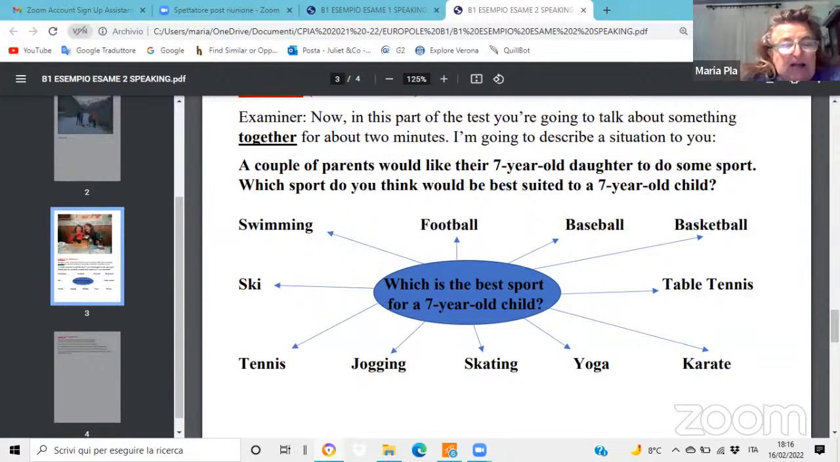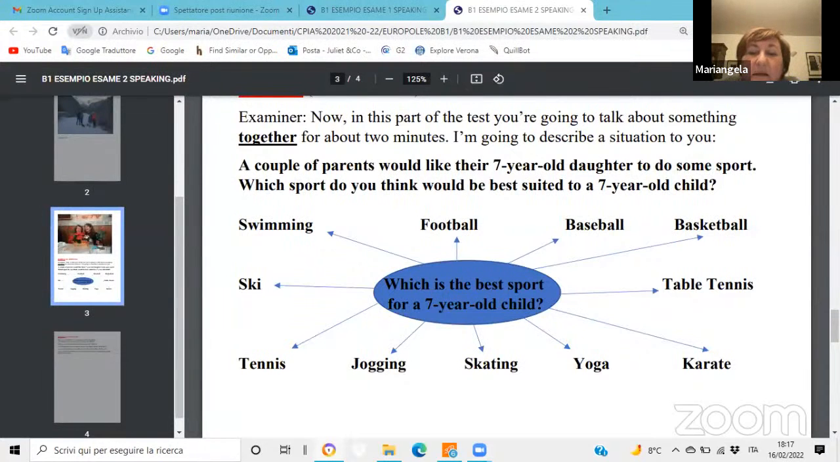What about you, Daniela? Mariangela, do you think sport is important for health? Yes, I agree, but I don't play any sports. I did swimming when I was a child, but now I love going walking in the mountains, or in the